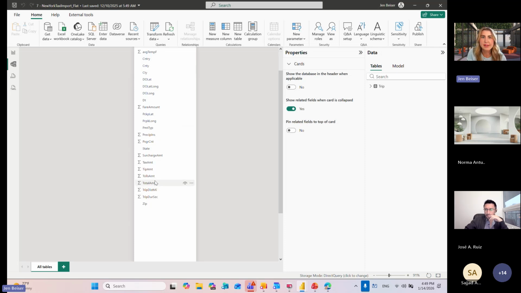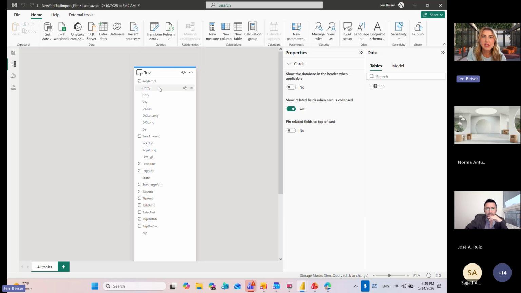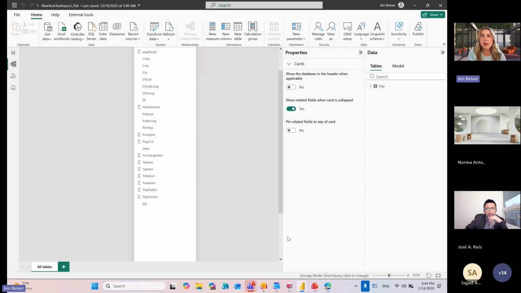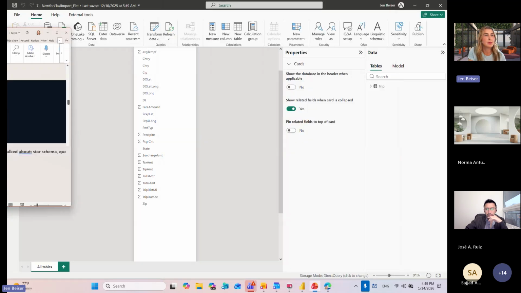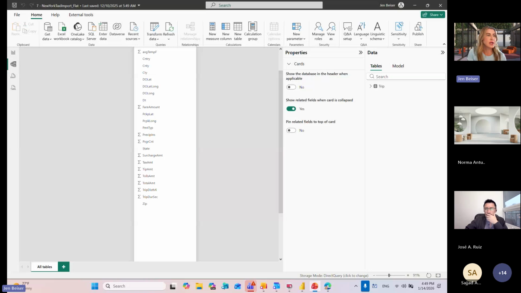I'm not setting up the default aggregations here. It's just one flat table. And so I am going to ask some questions of both semantic models, and you can see how they perform differently. So for example, if I ask on the flat model,